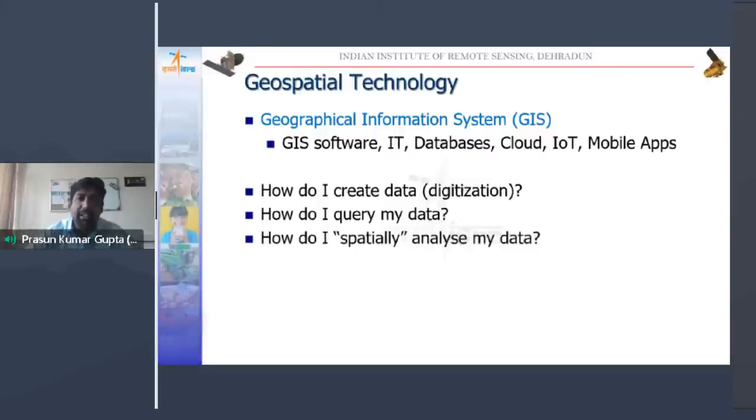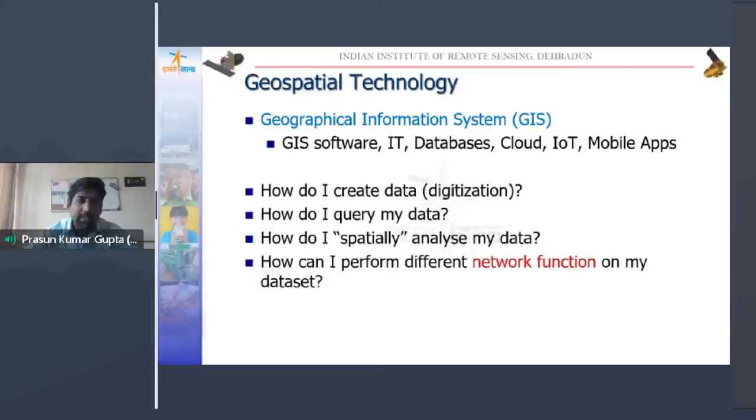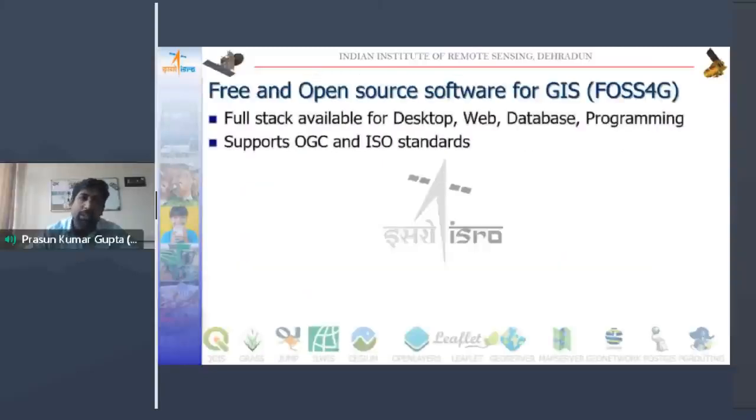How do I spatially analyze my data? We'll see how we can create buffers, how we can do zonal statistics, all these different things in GIS. And how can I perform network functions? Finally, at the end of the whole thing, I want to basically route my product from point A to point B with the shortest distance or minimum time and all that. So we will see how to do that in GIS. All this we are going to show today in the free and open source software called